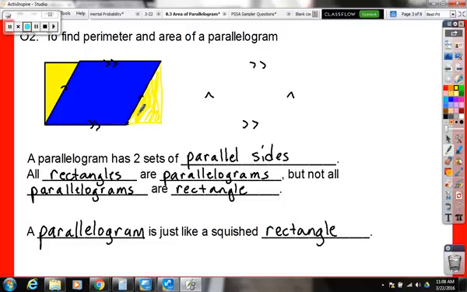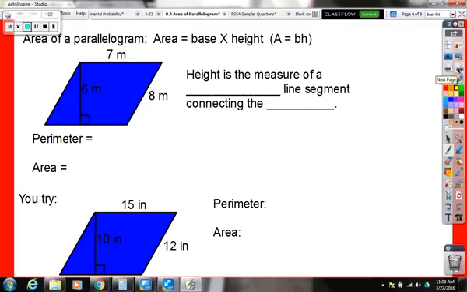So what we have here, when we're looking for the formula for the area of a parallelogram, it's basically the same as the formula for area of a rectangle. The area just equals the base times the height. We care about the height of the parallelogram, not the length of the side, because we want to be able to build a rectangle around this parallelogram